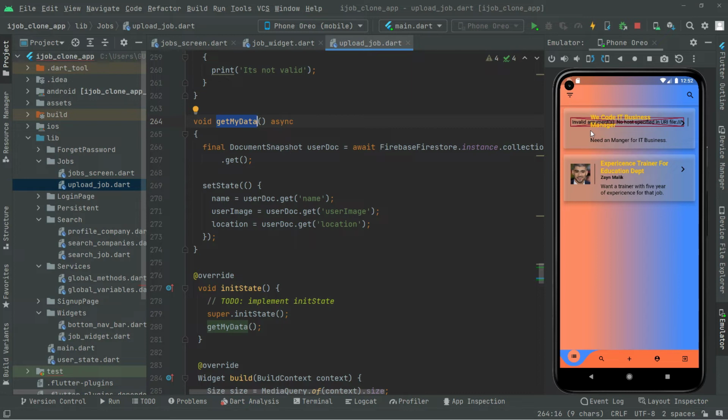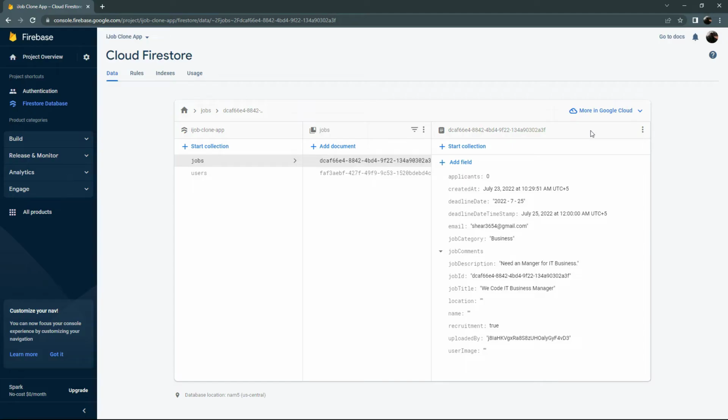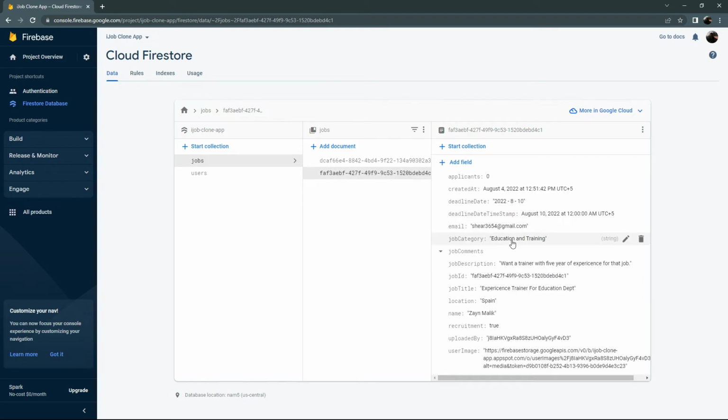Let's go towards the Firebase, and as you guys can see right in here, right in the collection of jobs, and there we go with our new job, that one. Okay, education training, everything is right in here. Okay, want a trainer with a 5-year of experience for that job, job ID, job title, and also the name is Zain Malik, and the user image, there we go. Okay, so it's also working totally fine right in the Firebase. It just uploaded in the right way,